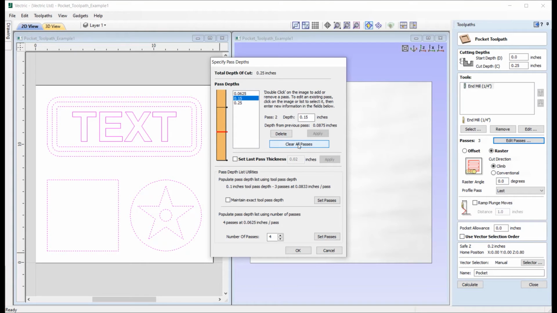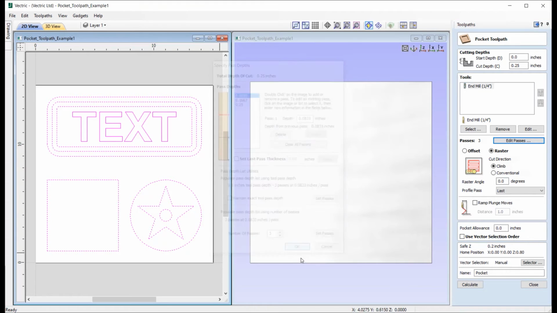And then if we wanted to, we could also look at clearing all of the passes just to cut this out in one pass. And so you can see that we have lots of control over all of the individual passes. So let's just put this back so that we're setting this at 3 passes, set those passes,